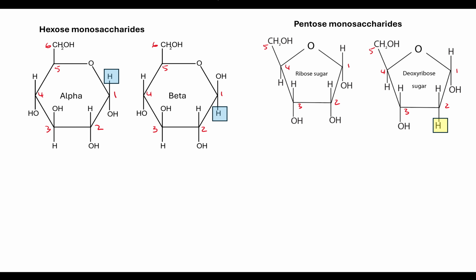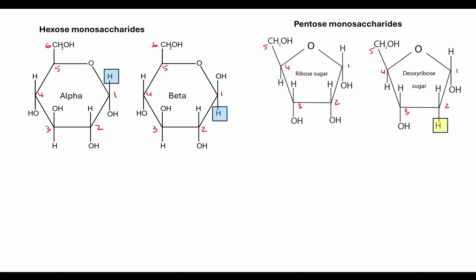So a deoxy, the oxygen has been removed at carbon number 2 of the ribose sugar, and that is what makes it a deoxyribose sugar instead of the ribose sugar, which has the hydroxyl group present. So that's a way to distinguish between your deoxyribose and your ribose, the pentose monosaccharides, and your 6-carbon hexose monosaccharides,